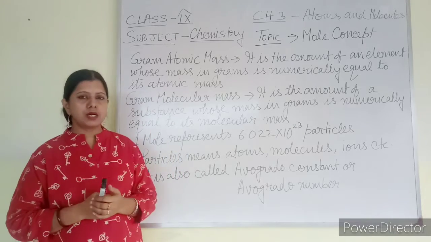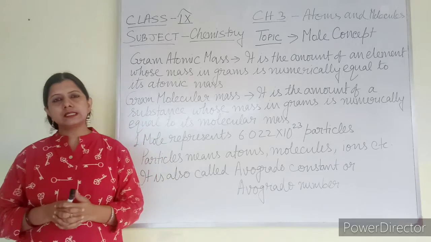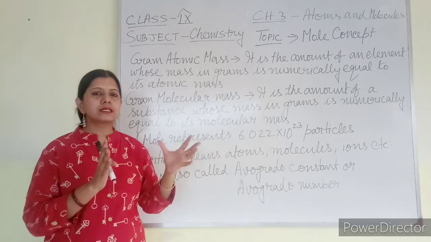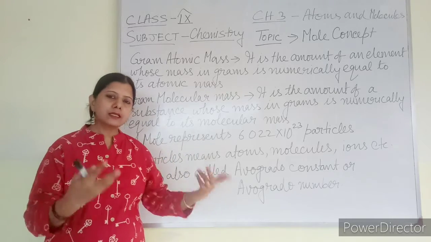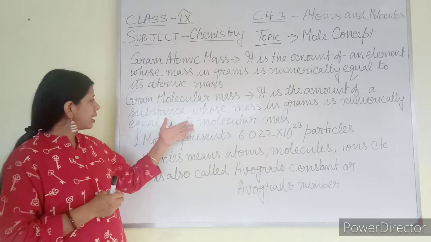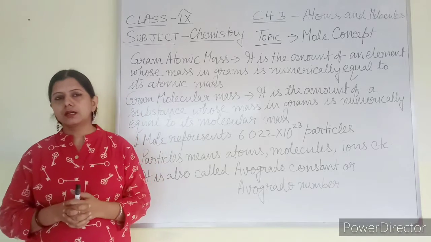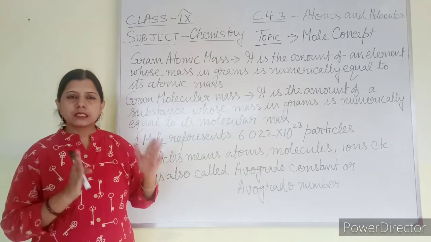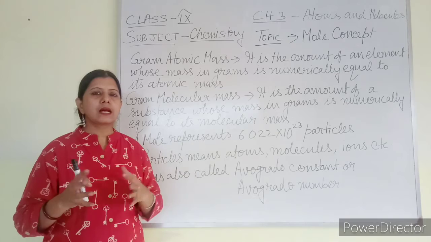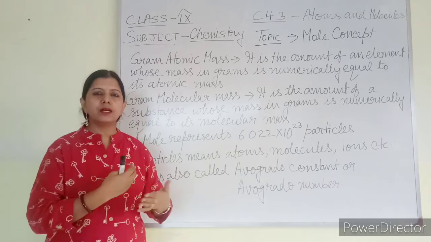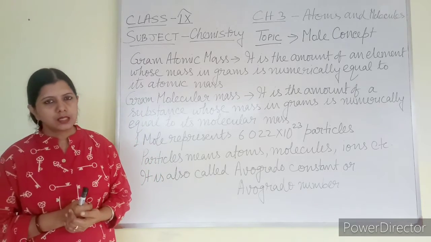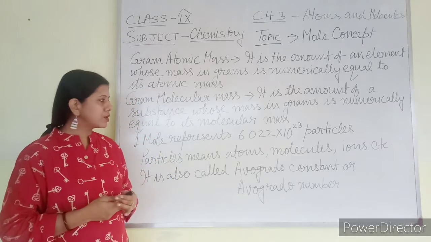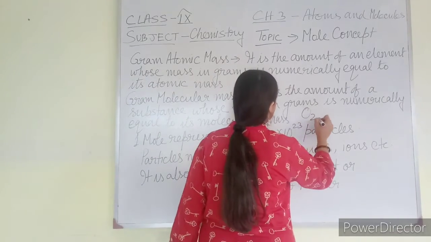as gram molecular mass. So in case of oxygen, gram atomic mass is 16, means gram atomic mass represents 16 gram of oxygen. Will the same amount represent gram molecular mass? Try to think. Give a short think behind it. 16 gram of oxygen represents gram atomic mass of oxygen. So will the same represent gram molecular mass? Definitely not.